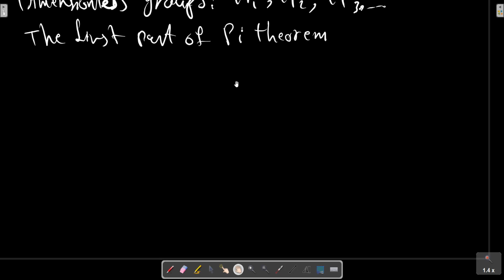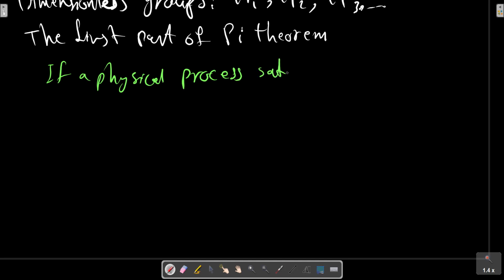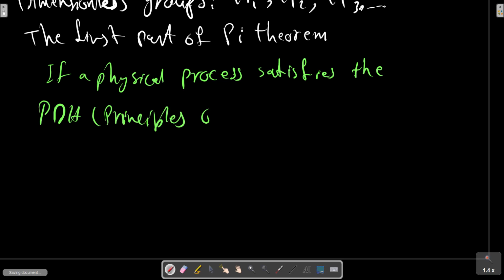If a physical process satisfies the PDH, which is the principle of dimensional homogeneity, and involves n dimensional variables,